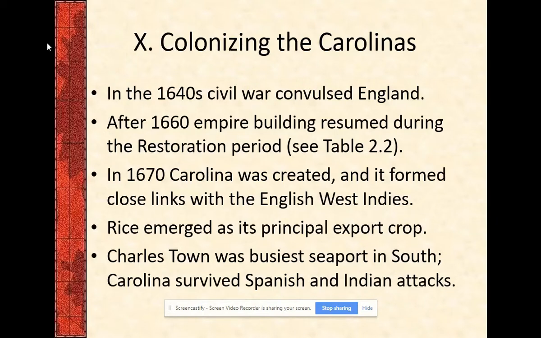But no colonies were officially established in the South between 1634 and 1670 because England once again convulsed with civil war. Tired of answering to Parliament, King Charles I attempted to disband it in 1629 to reestablish his absolute right to rule the English Empire. The king was deposed and beheaded in the 1640s, and for a while England was ruled by a military dictatorship